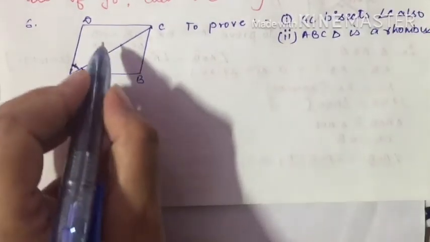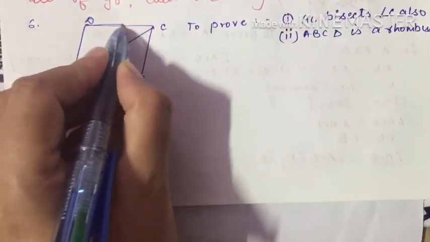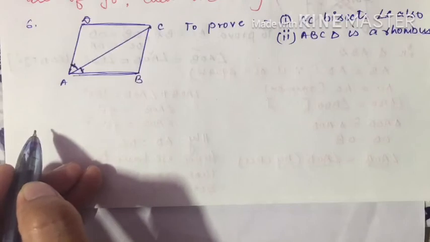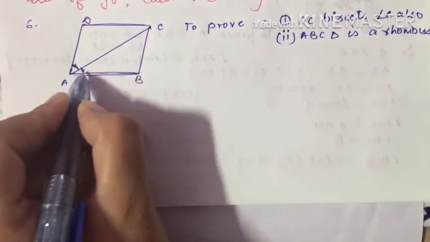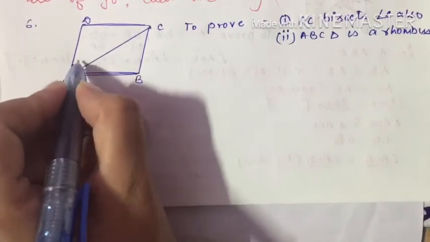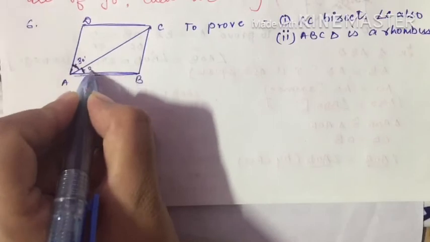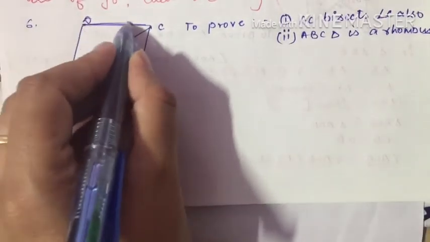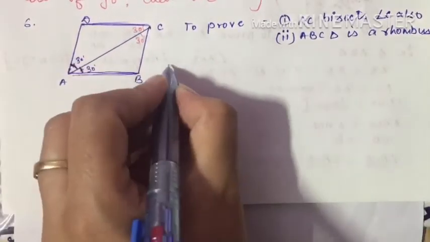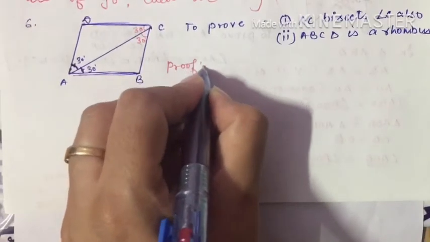Now dear student, just to see if this is a parallelogram, that DC side and AB side will be parallel. If these two sides will be parallel, then alternate interior angle will always be equal, because in case of parallelogram alternate interior angles are equal. Let me take, if this complete angle is of 60 degree, then this angle will be of 30 and this angle will be of 30 degree. Same, if I say that this is alternate interior angle, then this angle will be of 30 and this angle will be of 30.